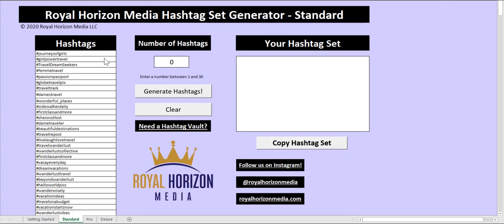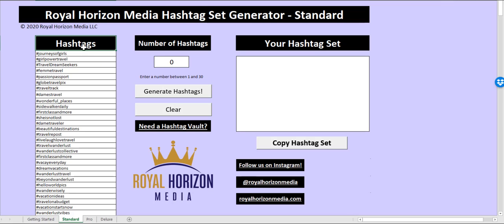This would work well if you had a very small niche where it's hard to find a lot of hashtags in different size groups, or if you have a larger niche but you've narrowed your hashtags down to a probably about 50-ish range, maybe a little more, maybe a little less, that seem to work for you and you'd like to stick with. Or if you're simply using the same 30 hashtags every single post and you want to have them in a new order each time you post.